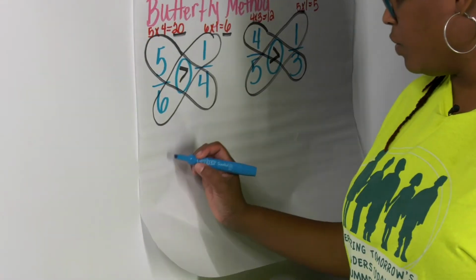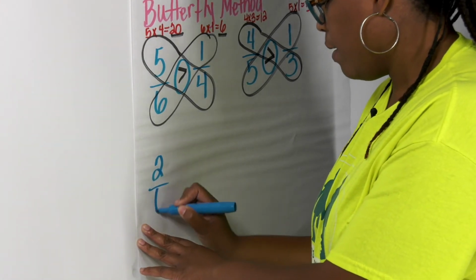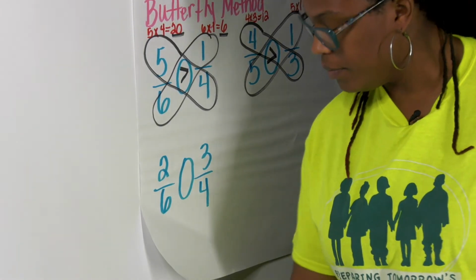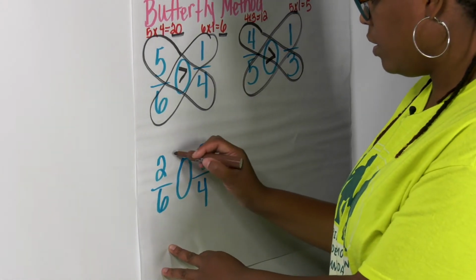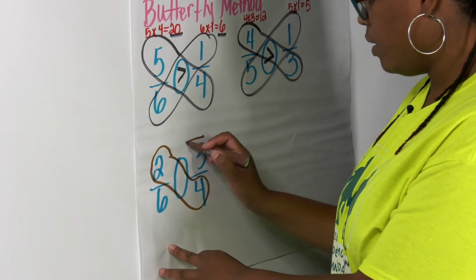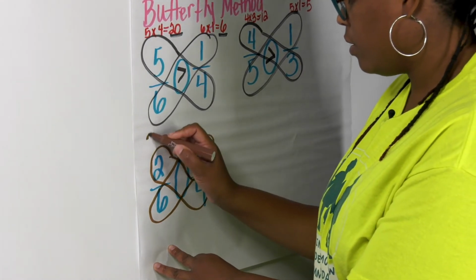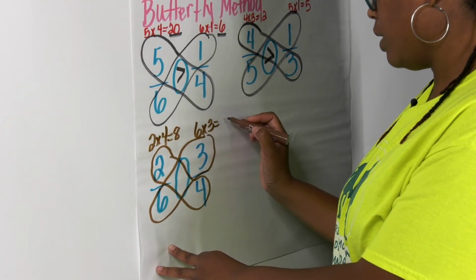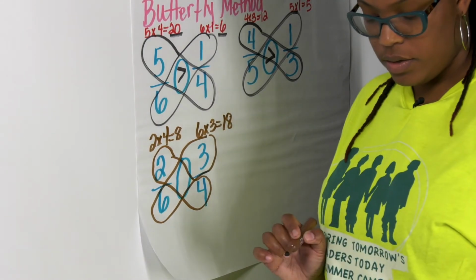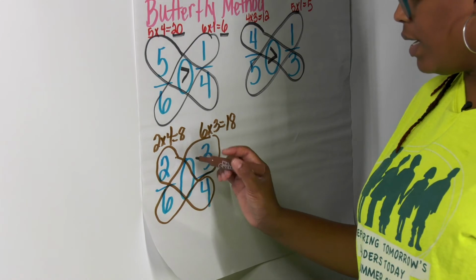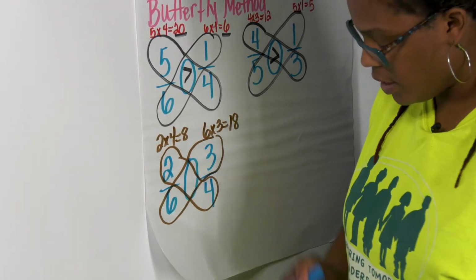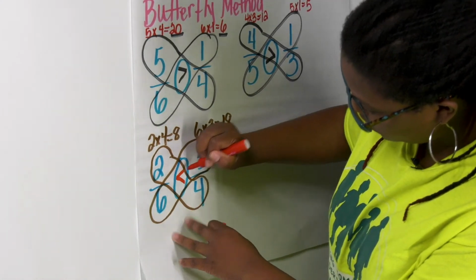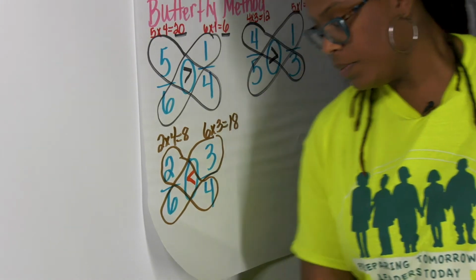Okay. All right, next one, 2/6 compared to 3/4. Make your butterfly wings. I'm going to switch colors here. 2 times 4, 3 times 6. So 2 times 4 equals 8, and 6 times 3, or 3 times 6, equals 18. So 8 compared to 18. 8 is less than 18. So I'm going to put my less than symbol here. Okay, and our last example,